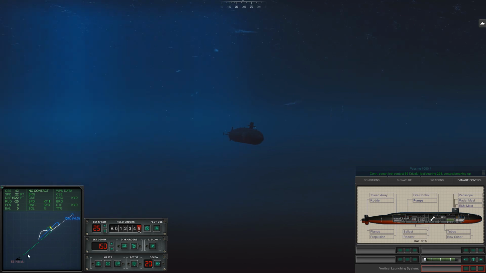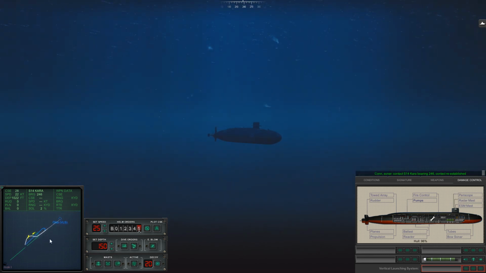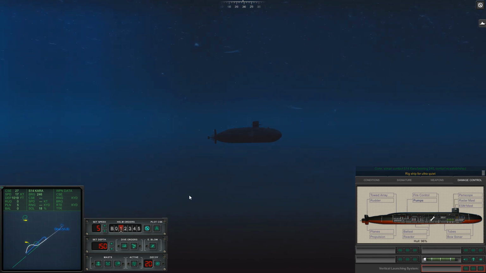So we did kill the Krivak. Unfortunately, I wasn't able to show you guys that. Con, sonar, regained contact on Sierra 14, bearing 246. Rig ship for ultra quiet. We're gonna rig for ultra quiet and just wait for these torpedoes to chill out, make sure that they don't